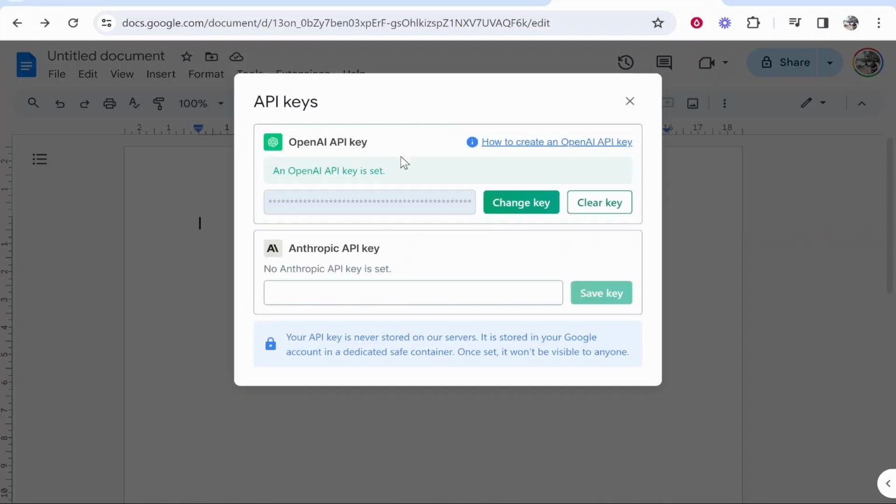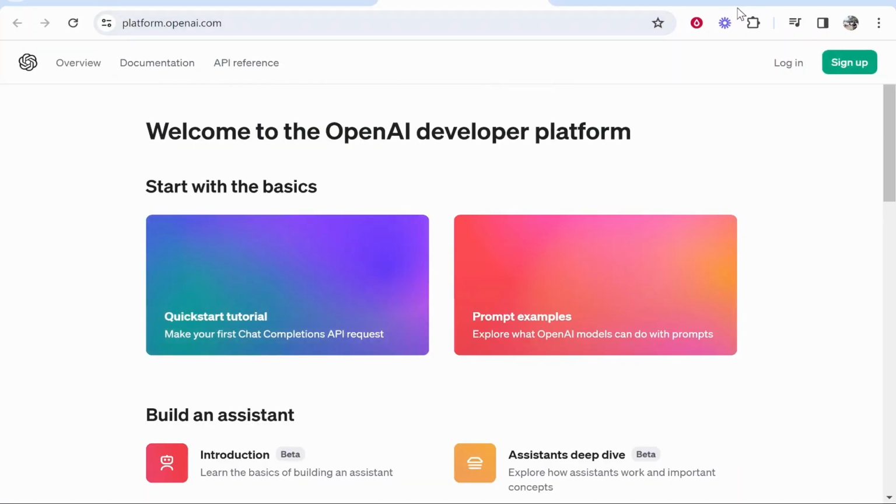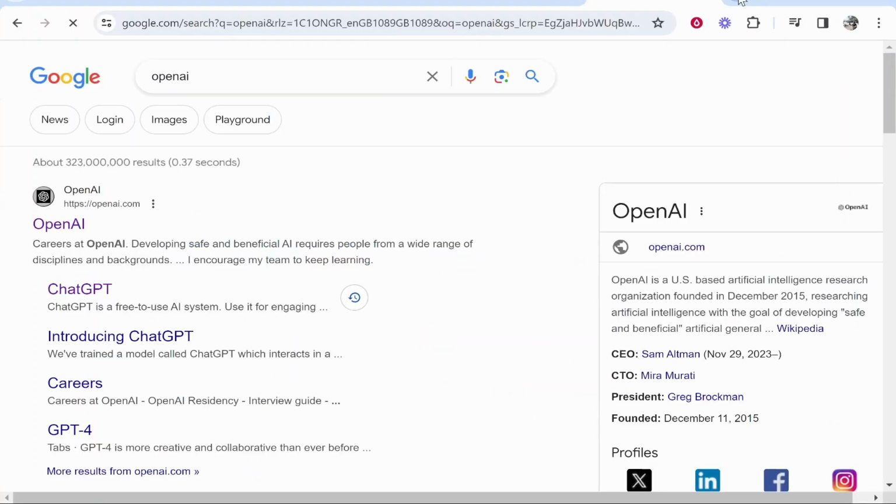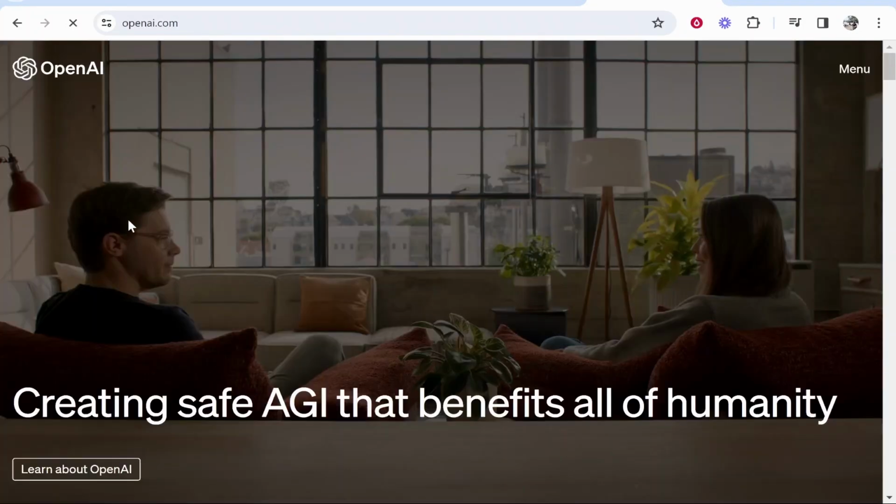So you can see I've already entered in my API key, but I'm going to show you how you can enter yours in. Now, your API key won't be here at the start, so you're going to have to find it on OpenAI and then add it. I've already installed this before though, that's why mine is here. So to find your API key, you want to go to OpenAI's website. To do that, just go and type in OpenAI, and it then should be the first one, openai.com.